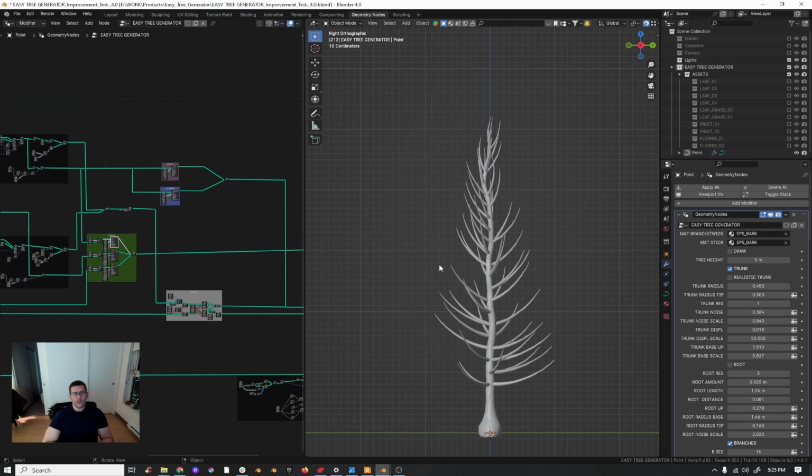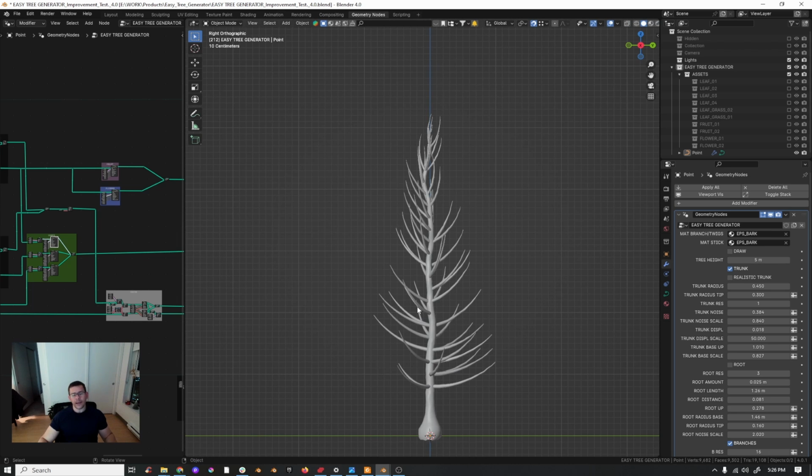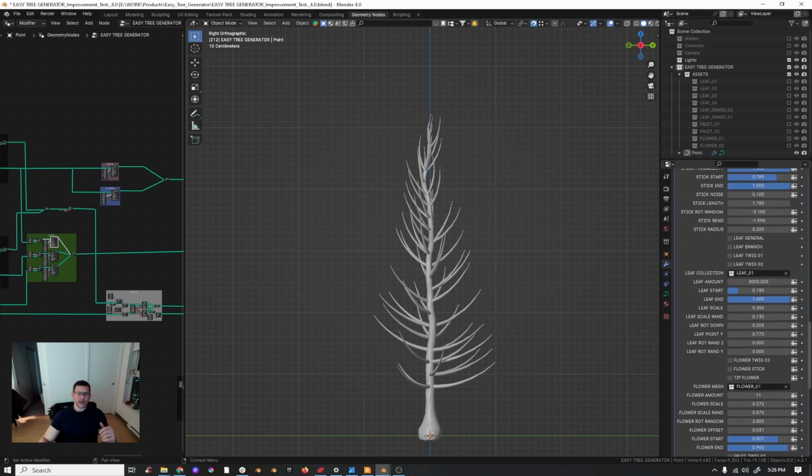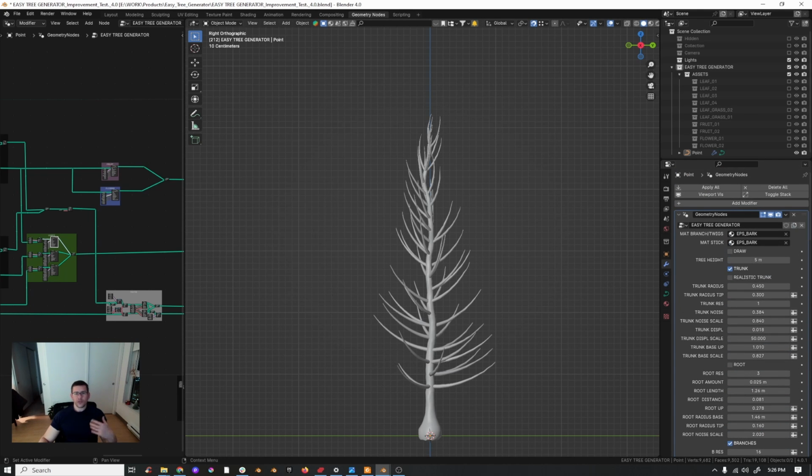Okay, so using this tree generator, you will be able to create any kind of trees, or at least a big range of plants, right? So let me show you more or less the settings that you have available here. This is going to be a tutorial, however you must try it out because the amount of settings is huge. You must try it out and get familiar with it, and then you will be able to create your trees